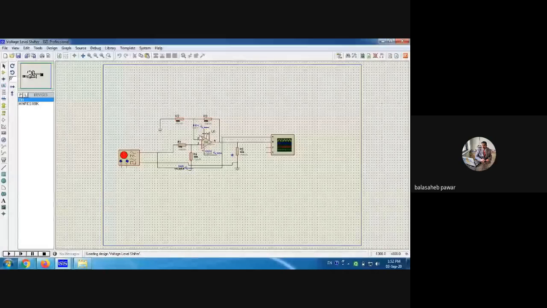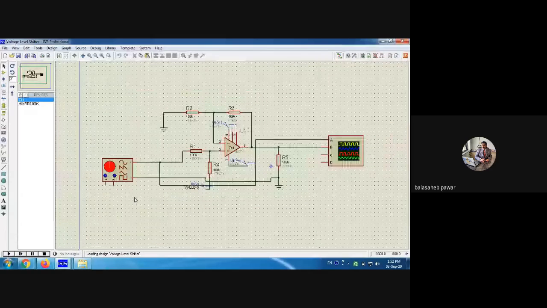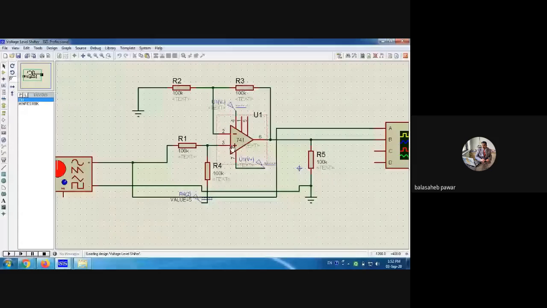See, it's actually a very simple circuit diagram. So see, I have taken an op-amp in non-inverting configuration. That means whatever input I apply, it goes to the non-inverting terminal through some resistor. Here all resistors are almost 100K, and that's why whatever output I get will be some multiple of the input.